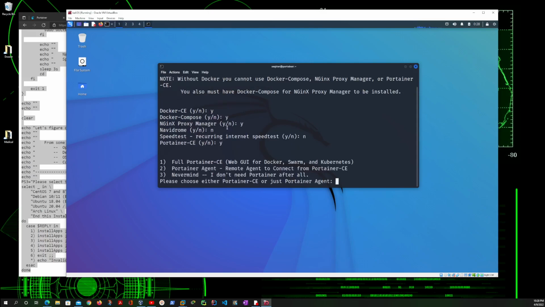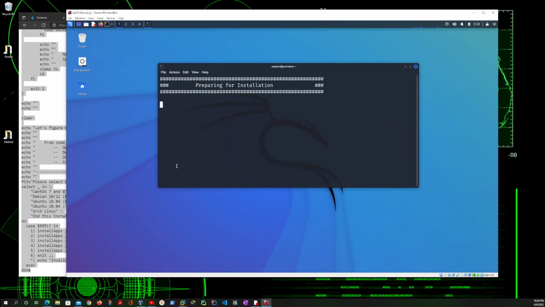Portainer? Yes. And for Portainer, we have 2 options. We're going to go with the first one because we want full Portainer. So 1, and now we are just going to let the script run and install all those services for us. That is going to take some time, but we are going to use that time to go over